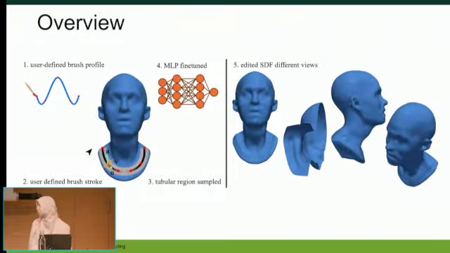The user defines a brush profile over here, and then on the rendered neural SDF, they basically define points where they want the stroke to lie. Those points are interpolated to form a smooth trajectory, and then this trajectory is sampled in that tubular region. And the corresponding deformation based on the brush profile that we are using is computed, and the MLP is minimally fine-tuned using these sample points and the corresponding deformation, such that after updating the rendering, we